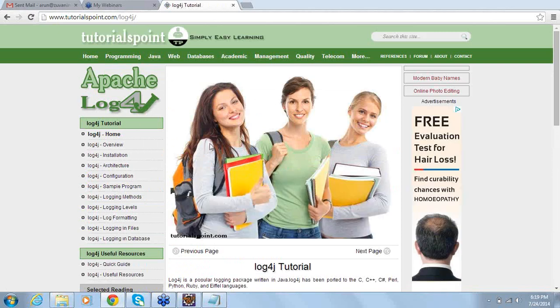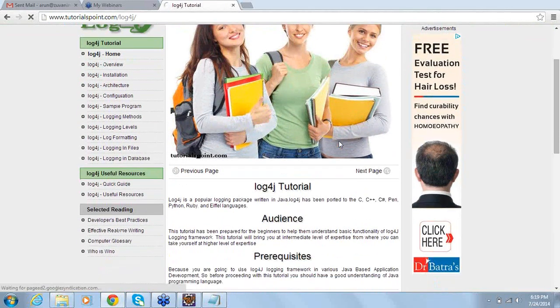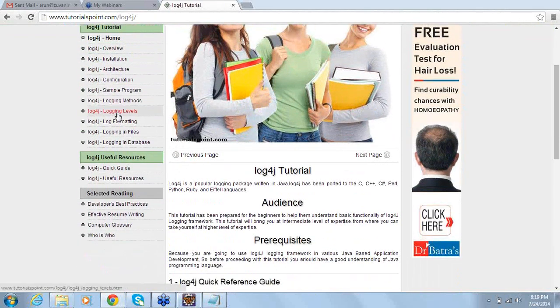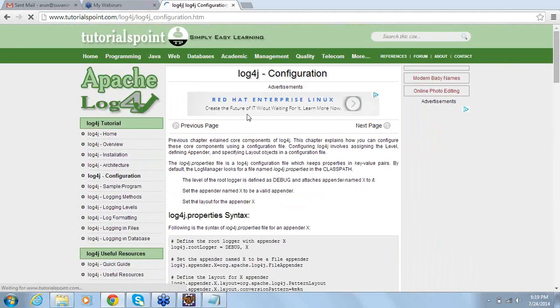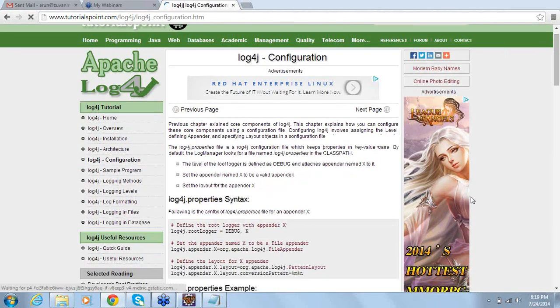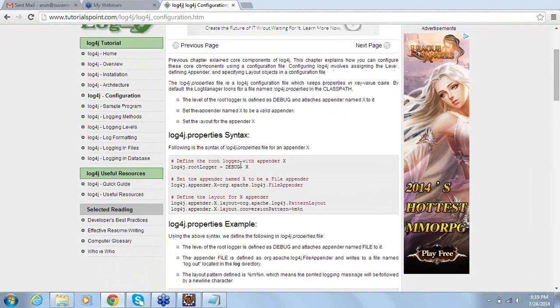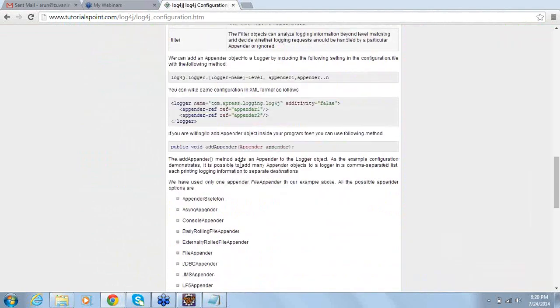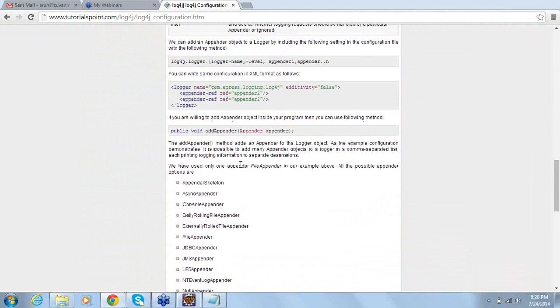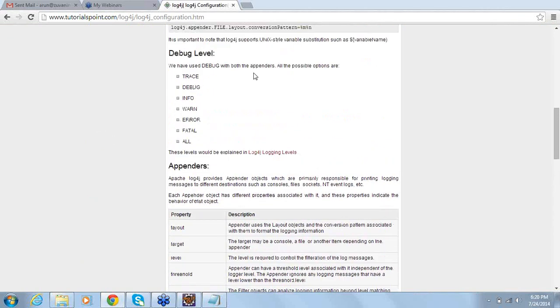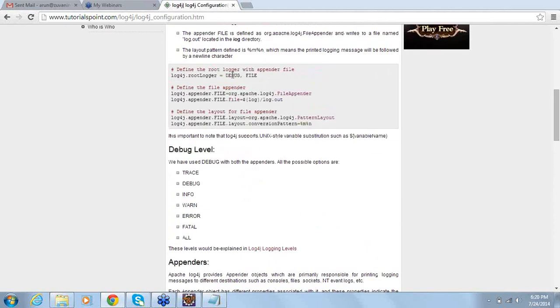Look at this. It's a very simple framework. What you need to do is configure one XML file or properties file. You create one log4j.properties file, or you can also do a log4j.xml file. Then in this XML file, you need to say what kind of messages, debug or file,